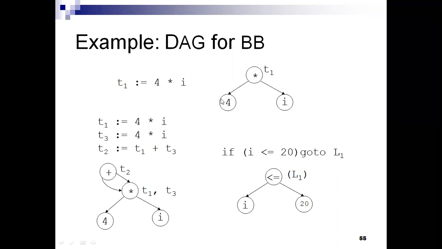Is it clear? Here in this slide we have three-address statements. For the three different statements, the DAG representations are shown like this. For only the single statement t1 is equal to 4 into I, this is the way of representation. For the three lines of address statements, this is the way of representing the DAG. DAG is nothing but a directed acyclic graph. That means here we are forming the cycles, which we also call loops.